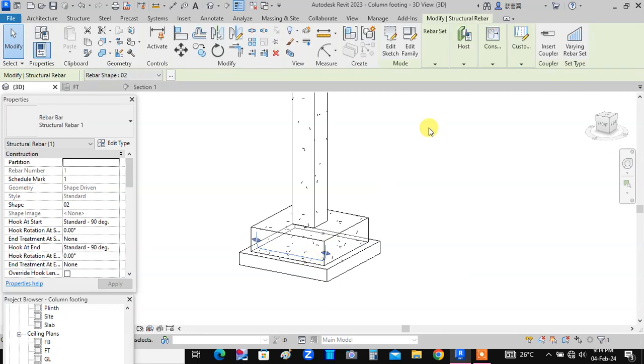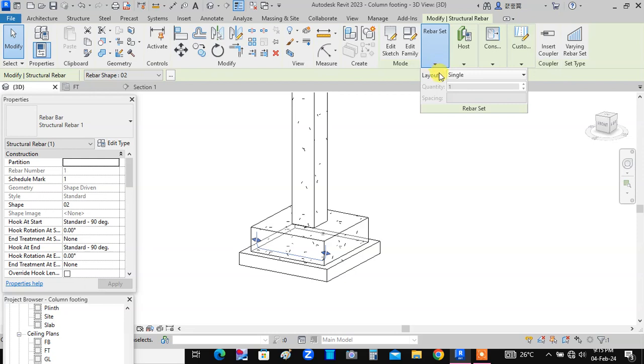Okay, so select the bar. Now the commands will appear. Now different commands are there: rebar set, host, etc. Okay, now we have to fix the spacing and we have to place number of bars. So here I will go to rebar set, and when you place your cursor on rebar set, again one small window will open. Below that,